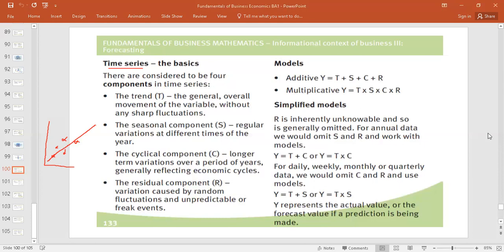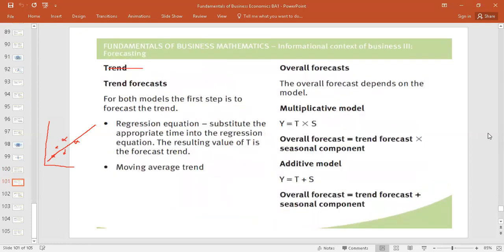Y represents the actual value or the forecast value for which prediction is being made. Trend forecast for both models. The first step is to forecast the trend. Trend is